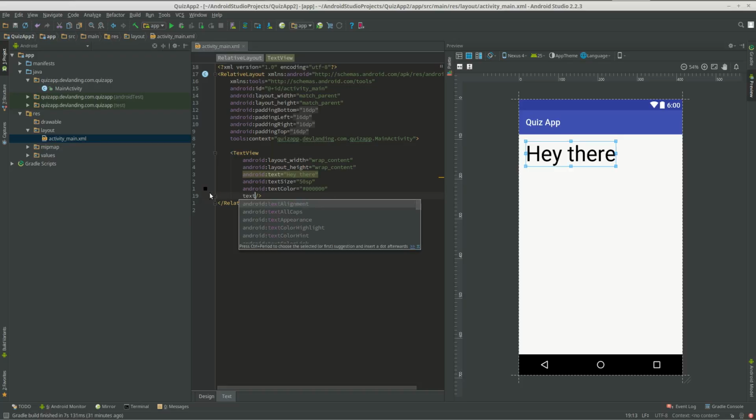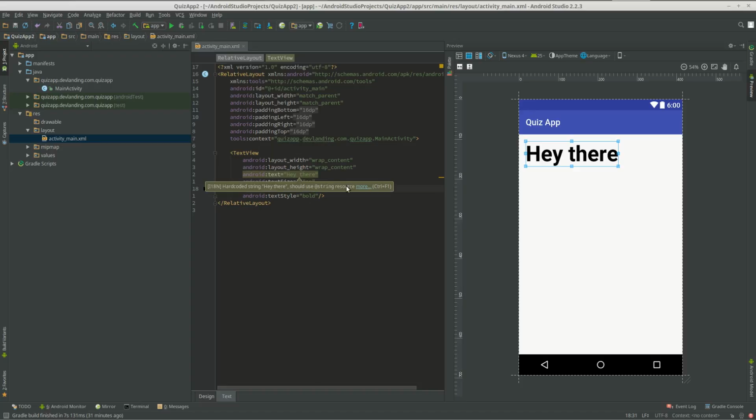You can also do things like text styles, which is bold or italic. So if we do bold, it'll be bold, and italic. Okay, italic. I think I'm going to put it as bold. Alright, now